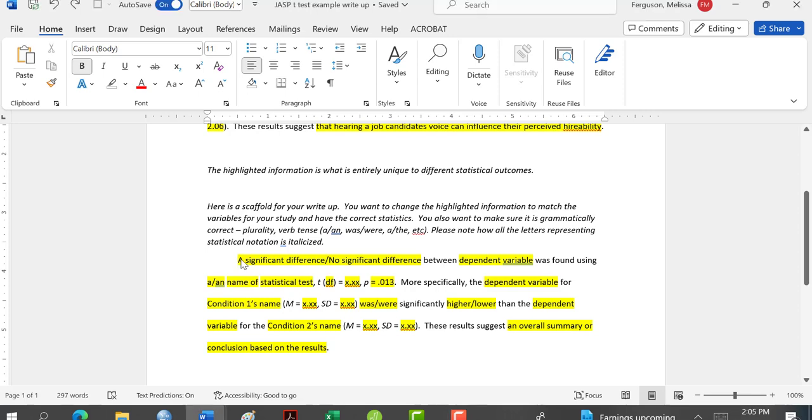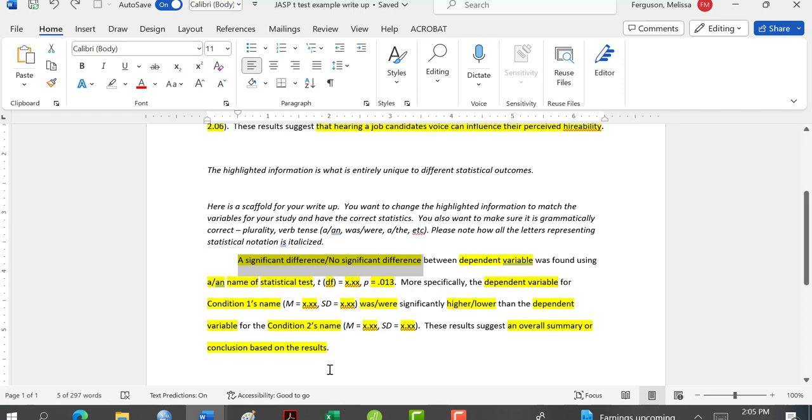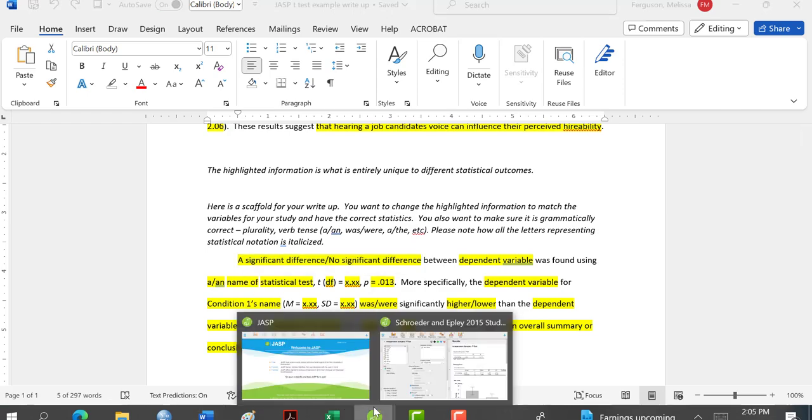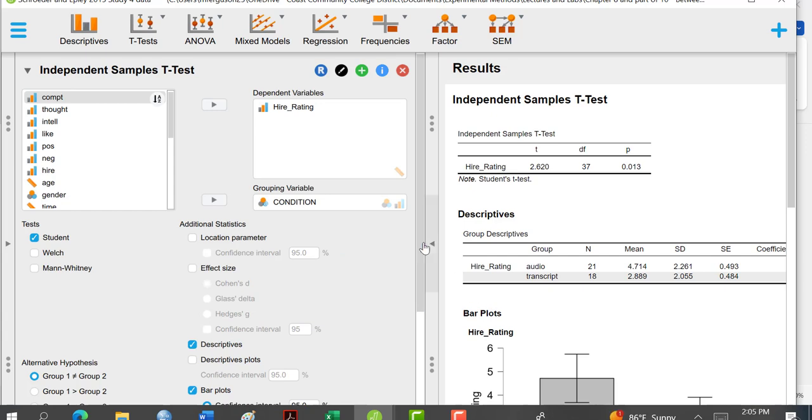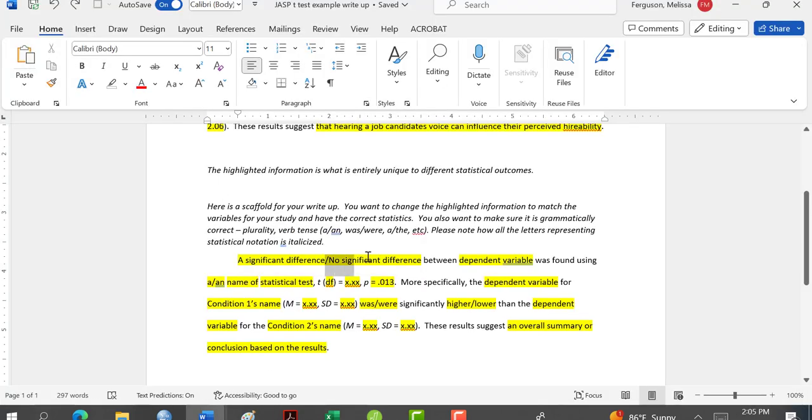So the first thing you're going to do is change this highlighted information. We want to determine, did we have a significant or not a significant difference? Were the means equal or were they unequal? So let's remind ourselves and go back to our data. This is our output. Here we have a p of 0.013. We determined earlier that 0.013 is definitely less than 0.05, so it is significant. So we had a significant difference